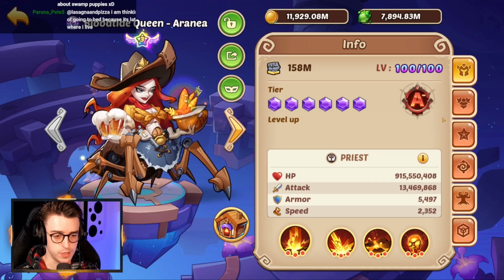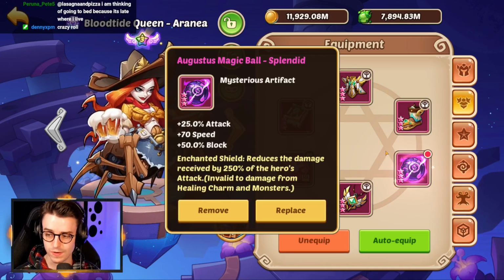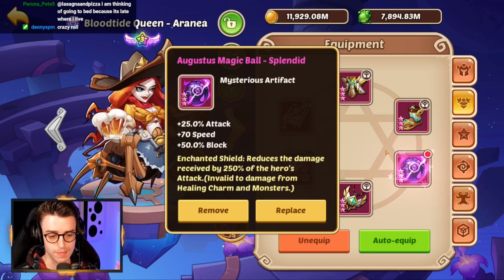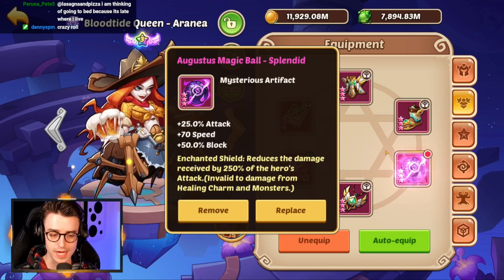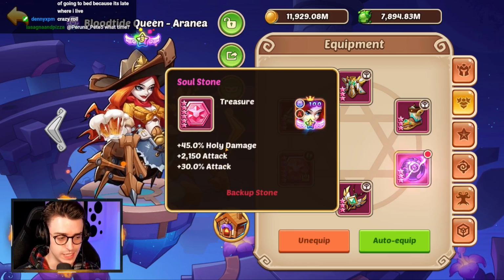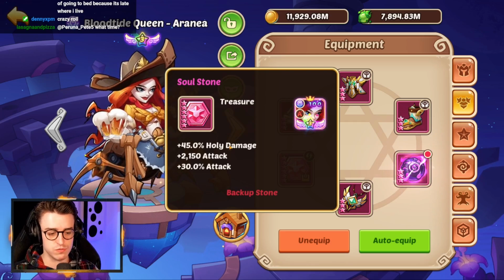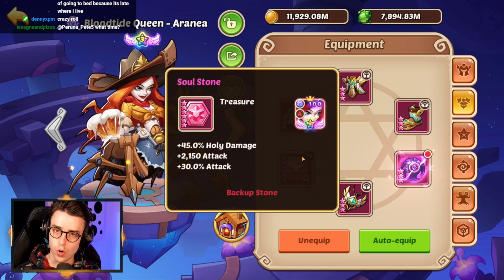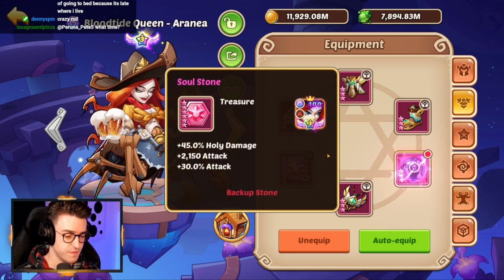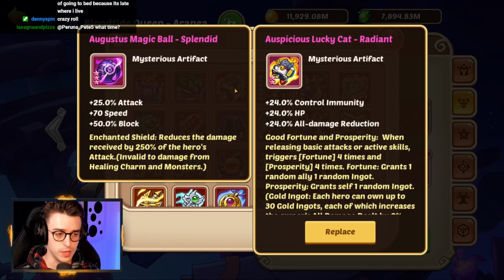Now, if you have a copy of Aranea that's dying quite easily, one common decision that Bendy Man has found is to use Augustus Magic Ball, as this is going to give you some extra defense. It's important to get her attack as high as you can, so an attack holy damage is a nice balance point where you gain increased attack, which gives you the defense from Augustus Magic Ball, alongside holy damage to give you increased firepower. Now, if she can survive in those early rounds though, it's arguably better to go with an